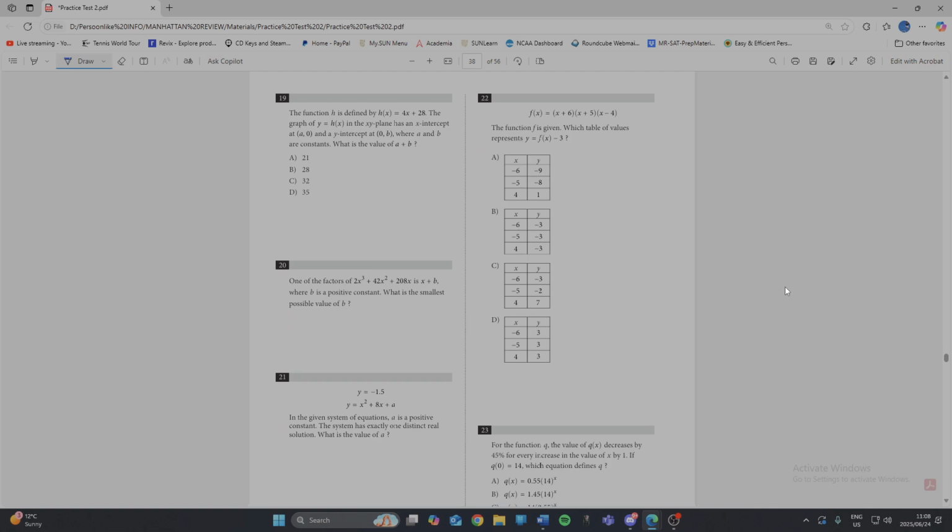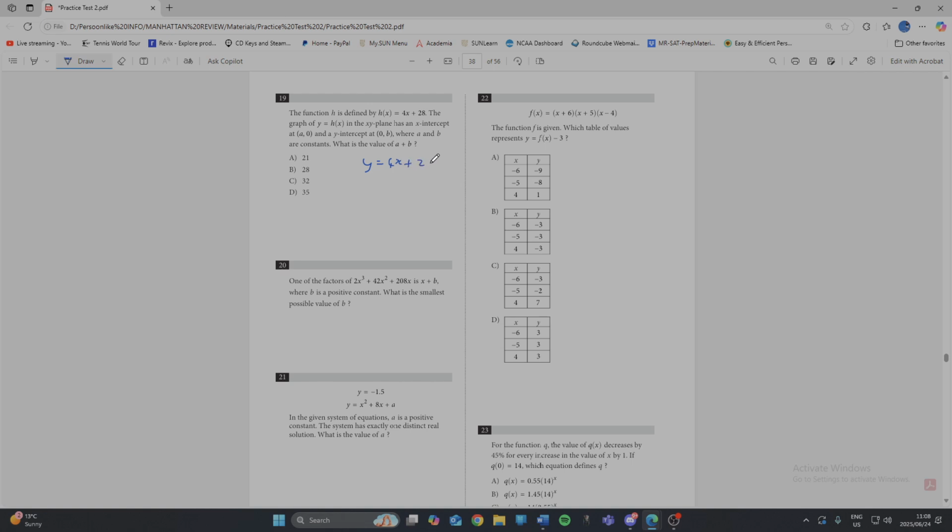Okay, so it says in 19, the function h is defined by h(x) equals 4x plus 28. The graph of y equals h(x) in the xy-plane has an x-intercept at (a, 0) and a y-intercept at (0, b), where a and b are constants. What is the value of a plus b? Okay, so first of all, this is just about getting the y-intercept and the x-intercept. So let's write our equation. y equals 4x